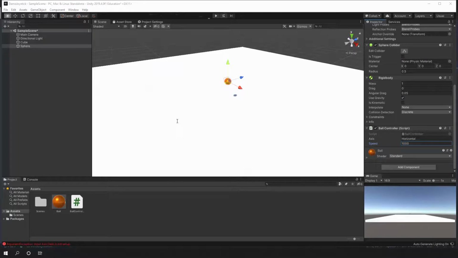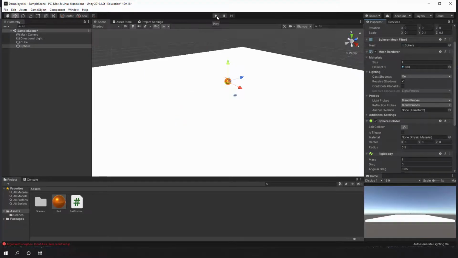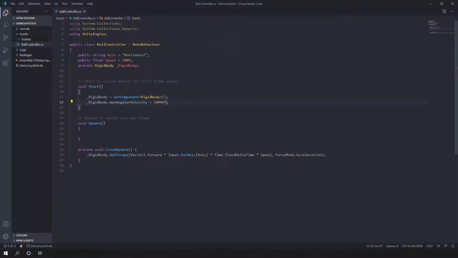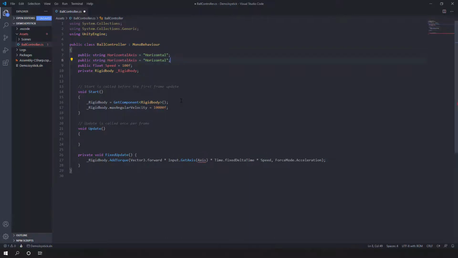I'll go back. So we should be 10 times faster on acceleration. And you can clearly see how that is working. And we can easily include, this is the horizontal axis, and I can create a vertical axis.